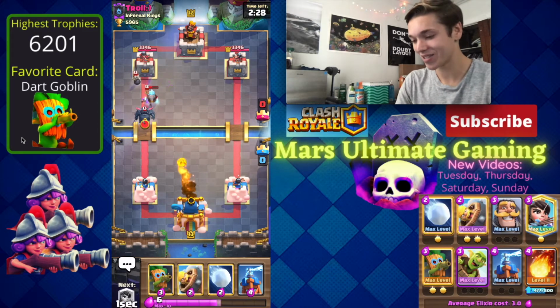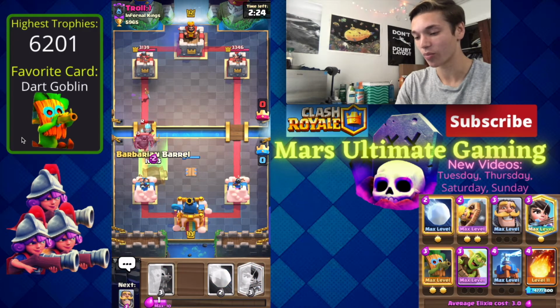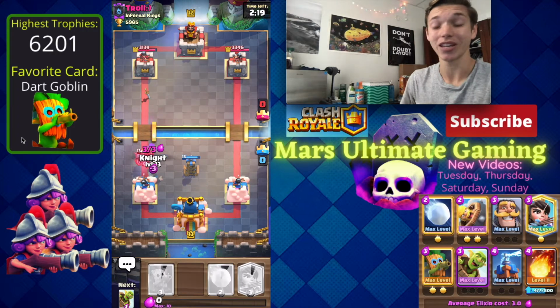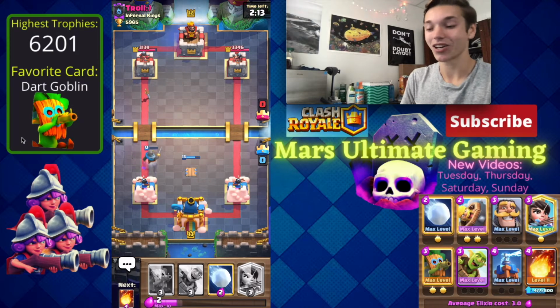Wow, guys, I missed the Ice Wizard, and hopefully that doesn't end up costing me here, but I think we're going to go with a Barb Barrel to pull back the P.E.K.K.A. and kill that Ice Wizard, and then we get a Knight down here at the last second to block that P.E.K.K.A. We're going to be A-okay to start this game, and we were able to get a couple hundred damage